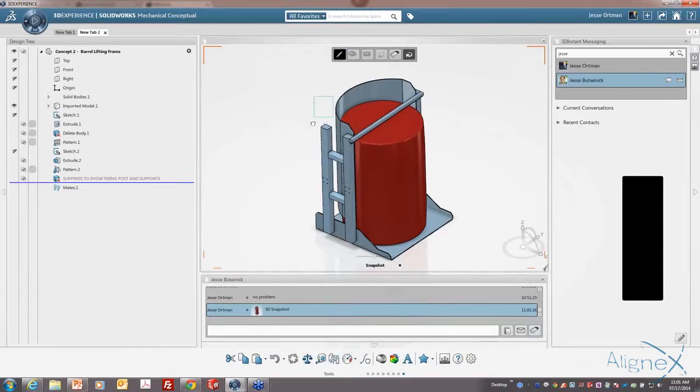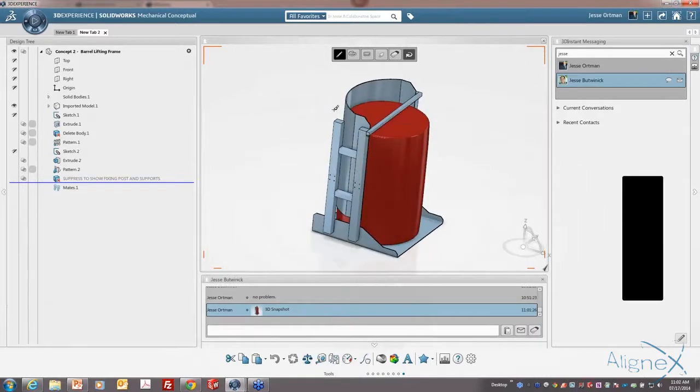What am I missing here? Take a look, some redlining tools. And then he'll see that on his screen too. I've got to close out of the snapshot. So I could do that, point arrows at things and say, hey, check out this area, and just continually send snapshots over to him. So he'll get the annotation and the positioning real time up on his screen as we're